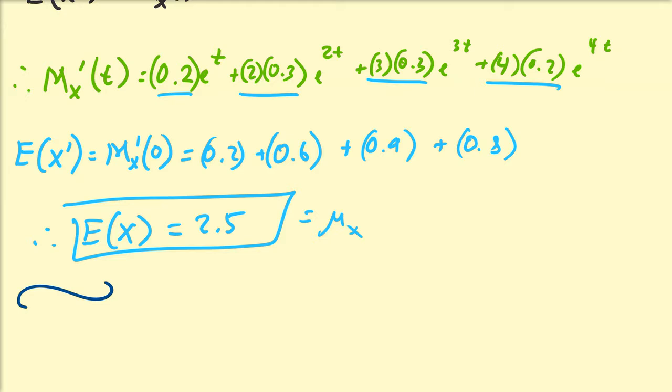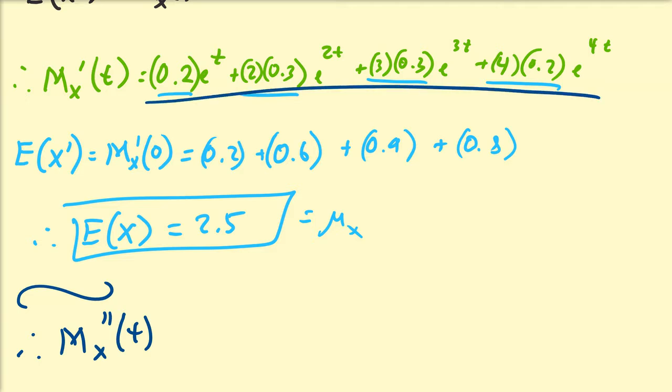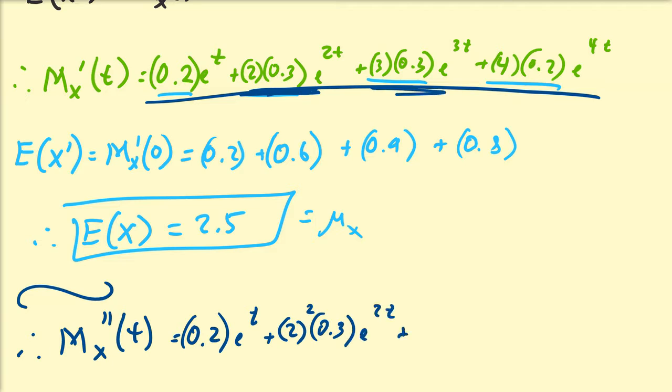All right, so now let's move on to the second derivative of the moment generating function. So the second derivative is just going to be the derivative of that expression. So the first term is just a basic exponential, so it's just going to be 0.2 times e to the t plus, so I'm going to take the derivative of this next term, so I'm going to bring down my 2. So that's going to be 2 squared times 0.3 e to the 2t. Plus I'm going to bring my 3 down for this next term, so it's going to be 3 squared times 0.3 e to the 3t. And then I'm going to bring my 4 down again, so I'm going to have 4 squared times 0.2 e